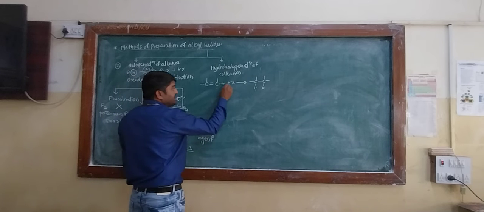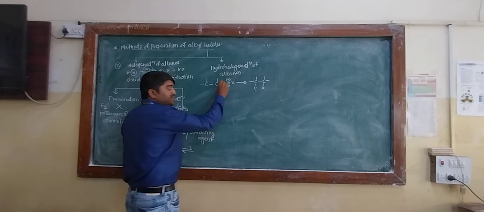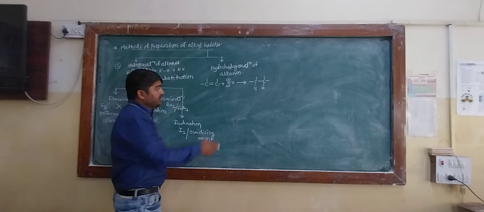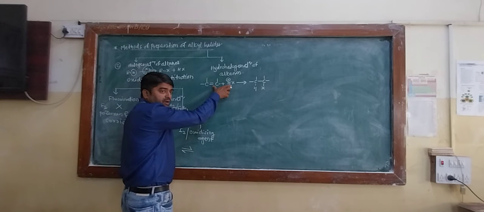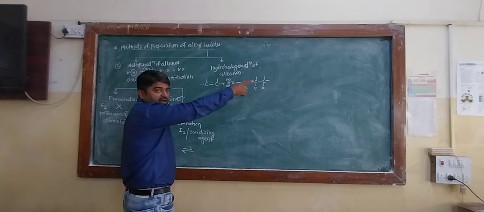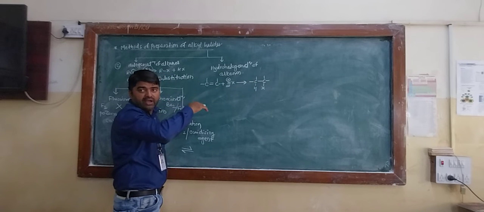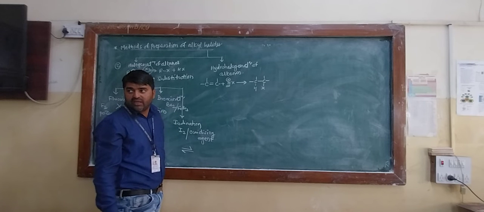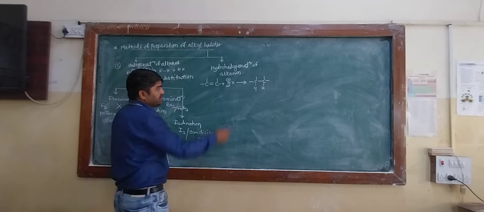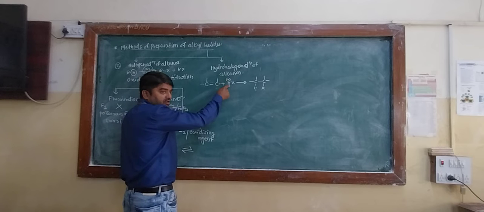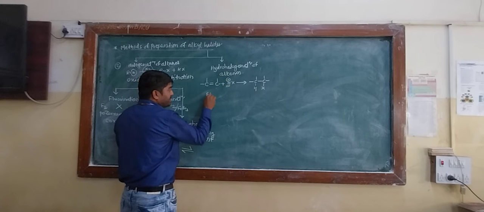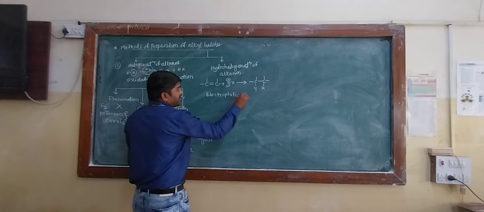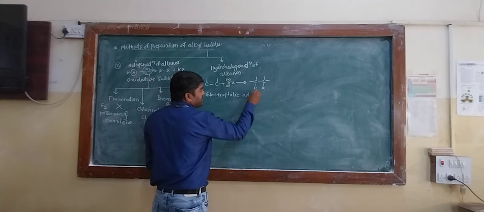First attacking species is H plus. It is an addition reaction, because we are adding two compounds to give a single product. If the reaction involves addition of two or more compounds giving a single product, then it is called an addition reaction. The first attacking species is an electrophile. Therefore, it is called an electrophilic addition reaction.